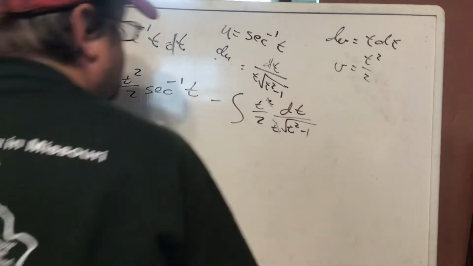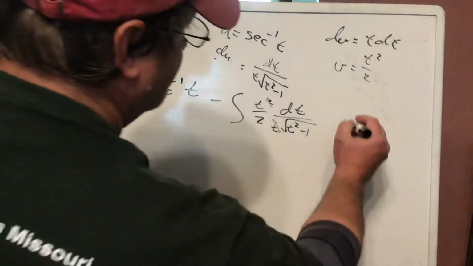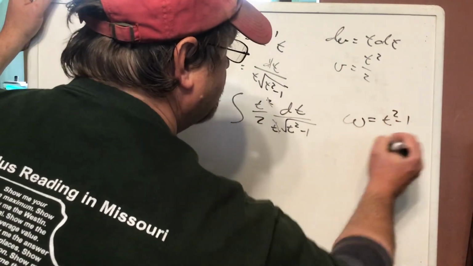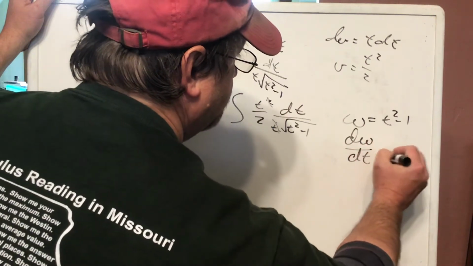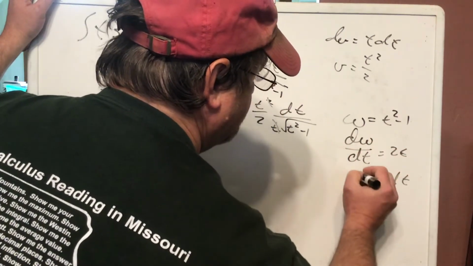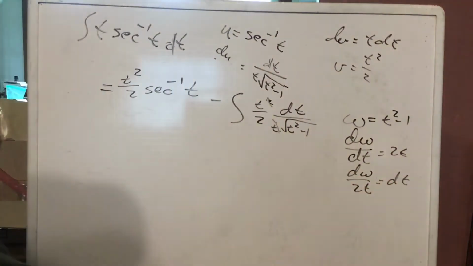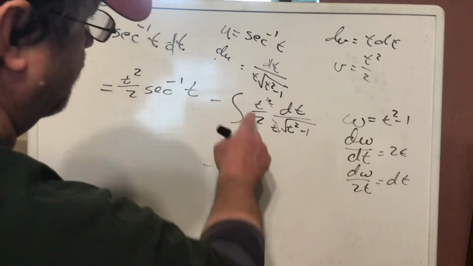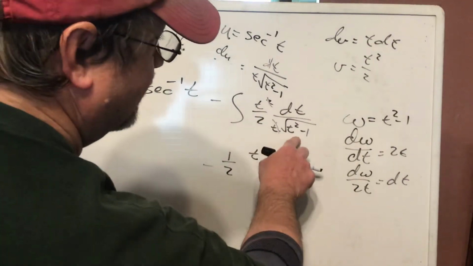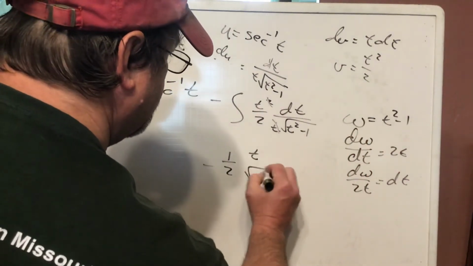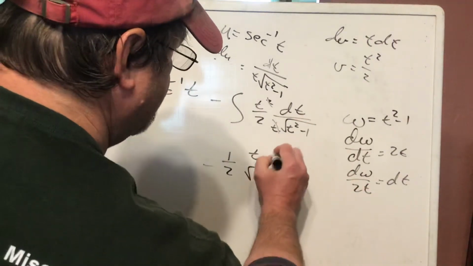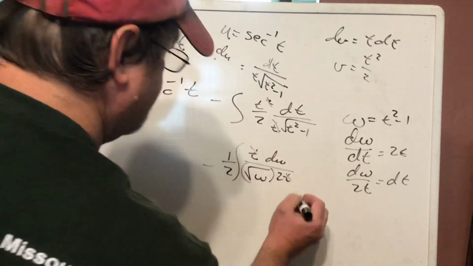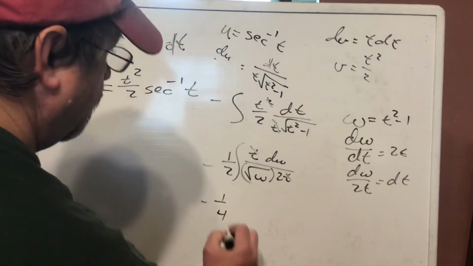And that's important for being able to pursue this integral, because now I let, and I'm not going to use u again because we've already used u, I let w be t squared minus 1. dw/dt would be 2t, meaning dt would be dw over 2t. If I make that substitution in here, I've got a 1/2 already, I've got a t, that is square root of w on the bottom, and dt is dw over 2t. One of the t's cancels, the 2 comes out here, I've got 1/4, and now